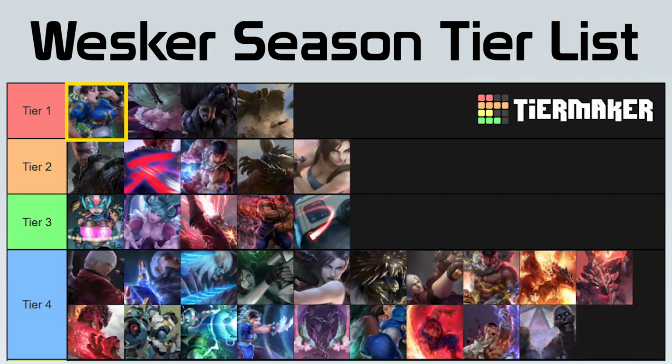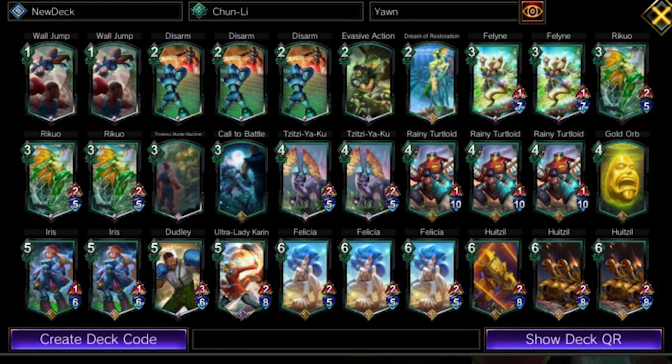Come on, did you really think I'd put any other deck at number 1? Chun-li is incredibly dominant right now. The sheer value you get from cycling Ascension units means you'll always have the resources to keep your board full. Rainy Turtloid, Hoitzel, Rikuo, Call to Battle, and Gold Orb, all new cards, and they all work incredibly well with